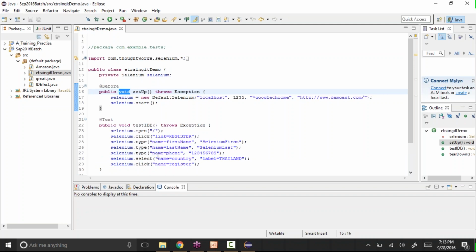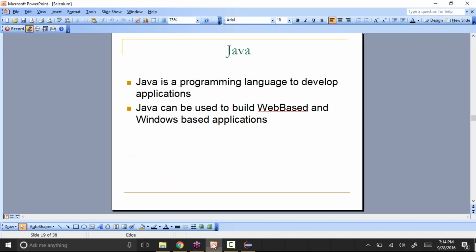There are also loops and conditional statements that we might need to use in our code, which are part of Java. So let's first learn Java and then come back to Selenium RC or Selenium WebDriver. First of all, let's learn some of the basic concepts of Java, which will help us write the code in Selenium, some concepts of basic core Java.